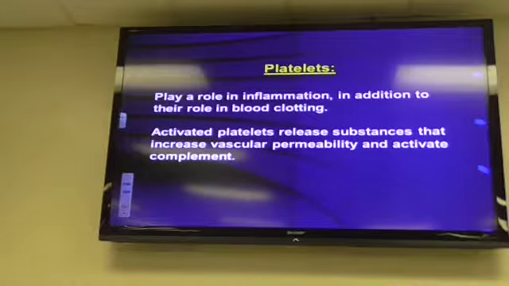Platelets are derived from the megakaryocytes, which come from the stem cells. Main function, of course, it's involved in what? Clotting, blood clotting, platelets. But they can secrete some factors that